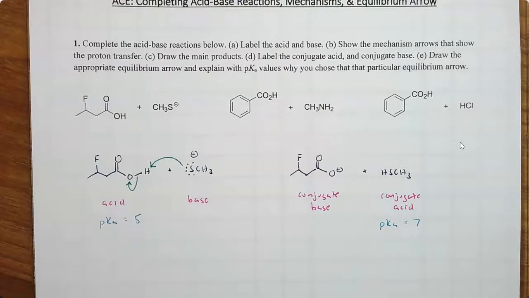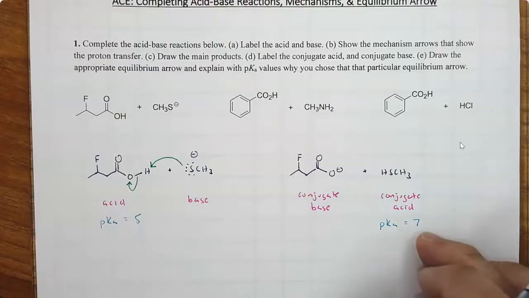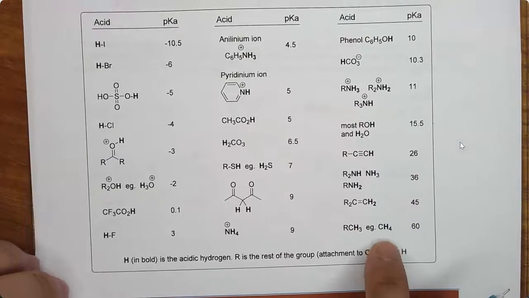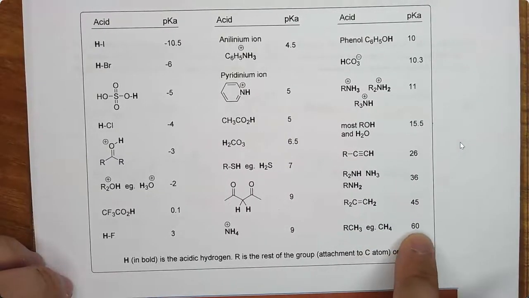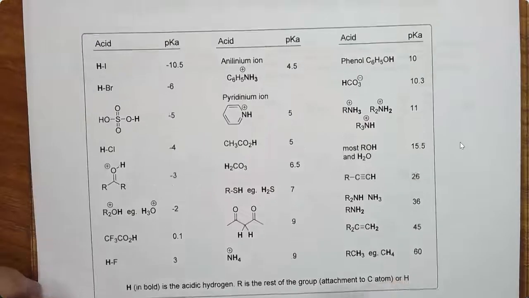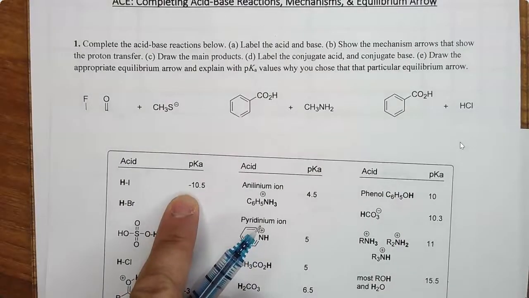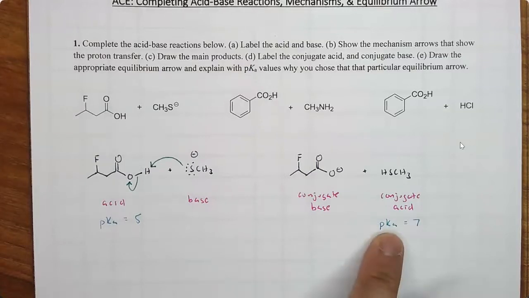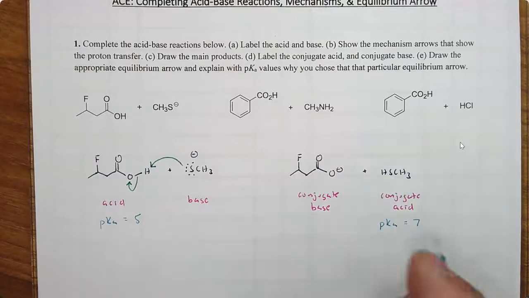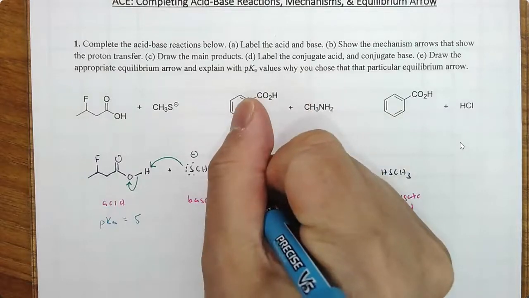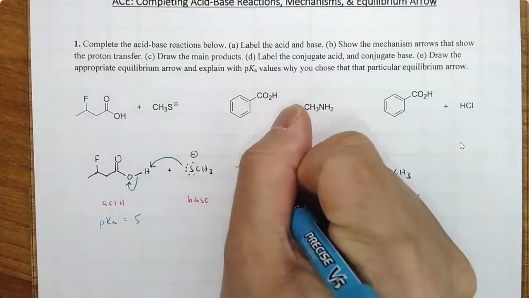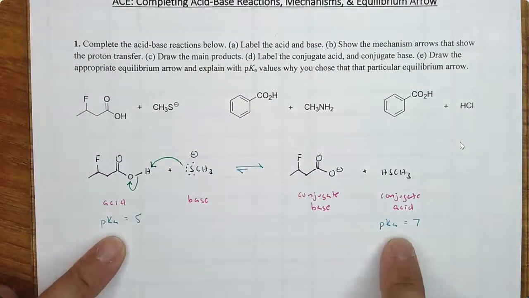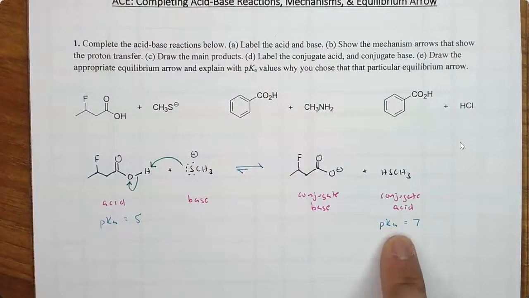Equilibrium favors the weaker acid. The higher the number, the weaker the acid. And we saw that when I talked about hydrogens connected to the carbon. Not very acidic. Large negative numbers, very acidic. The weaker acid is this methane thiol, and we're going to draw our equilibrium towards the weaker acid. So I am explaining with pKa values that we are going towards the weaker acid, the one on the right,